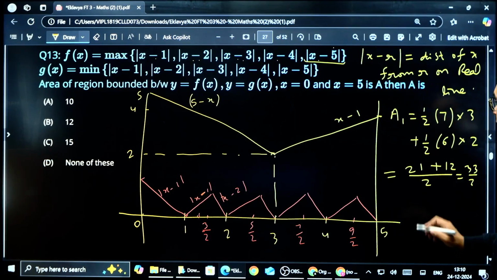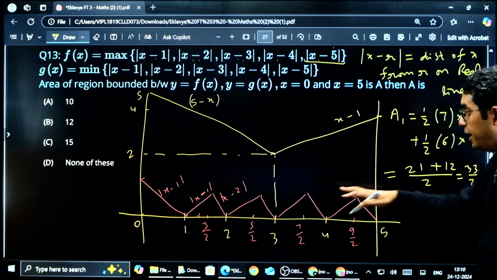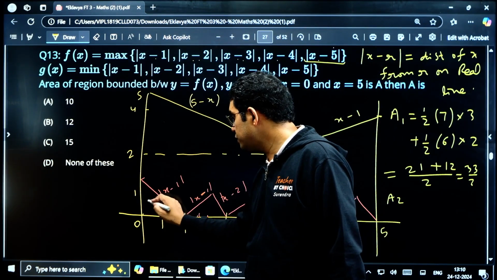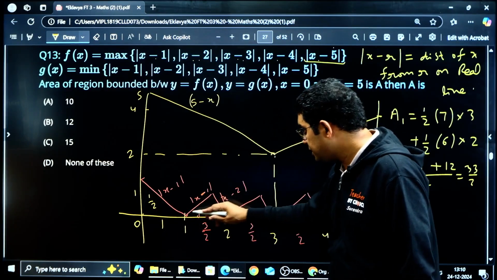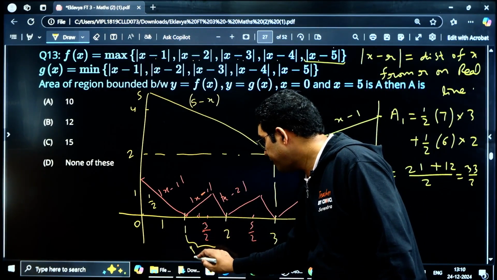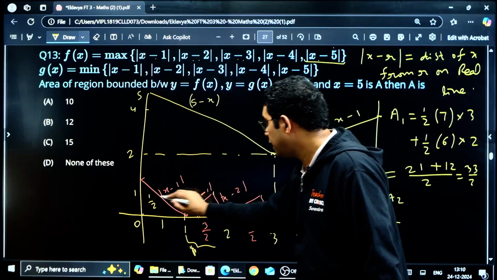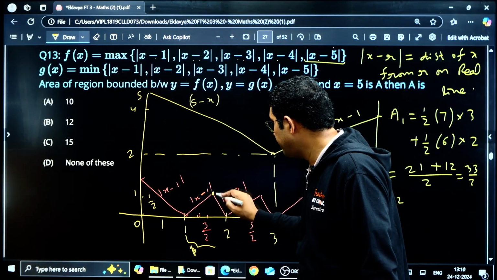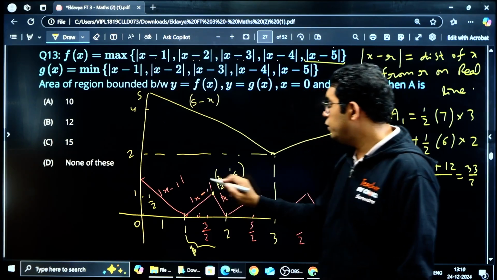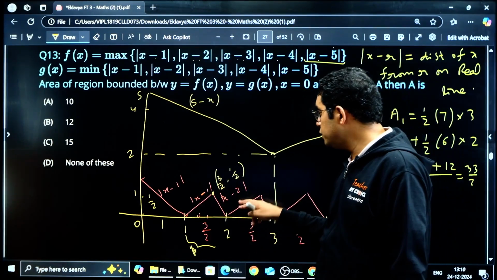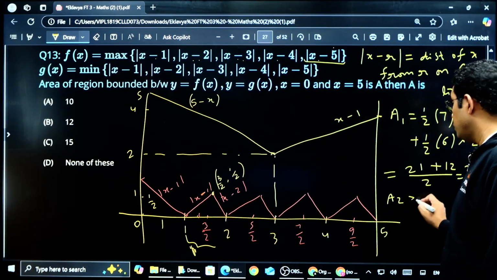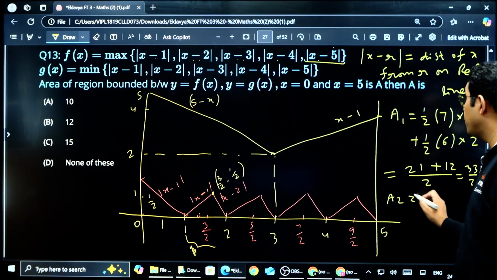That is one thing. Now coming to A2, that is the area bounded by g(x) and the x-axis. Here it is 1, so this will be 1 by 2. Now for this kind of area, please see, for each such triangle, the base is 1, but the height here is just half. You can check this point is 3 by 2, comma half. And it is the same whether you use mod x minus 1 or mod x minus 2. So the height will be 1 by 2, base is 1. So for A2, the first triangle is having area equal to